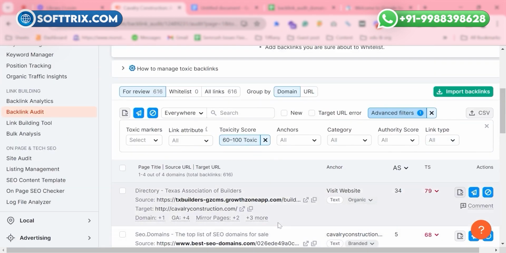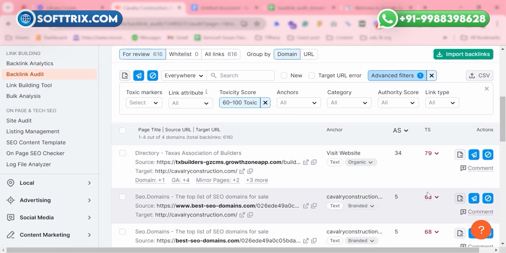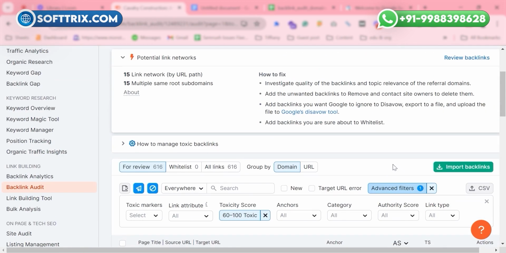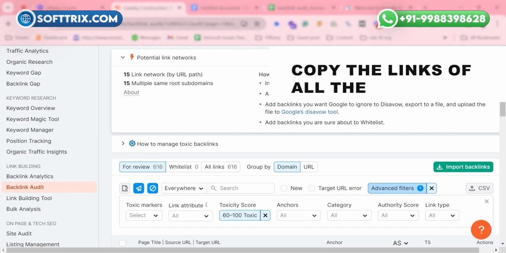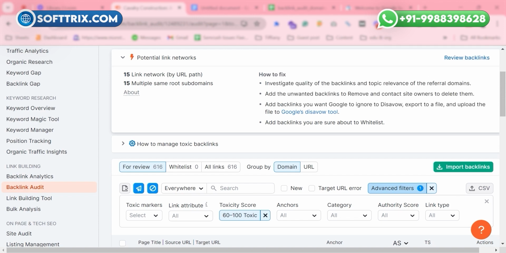So here you can see that these are 4 backlinks. They have toxic scores such as 79, 68, 68 and 60. So I want all of them to be removed. So I click on the CSV option here, and it will get us the downloaded list of all of these URLs. So the next step would be, I'll copy the links of all these backlinks here,